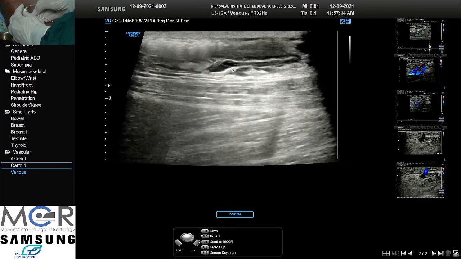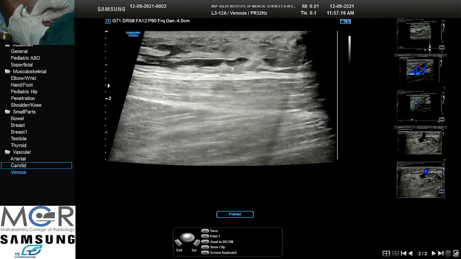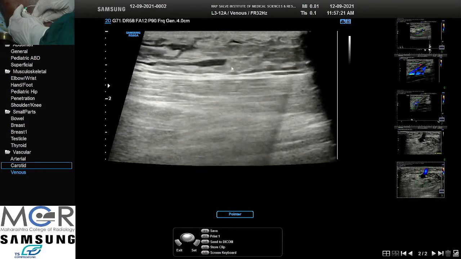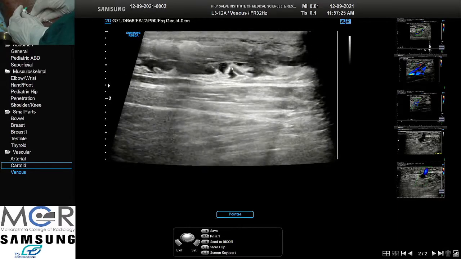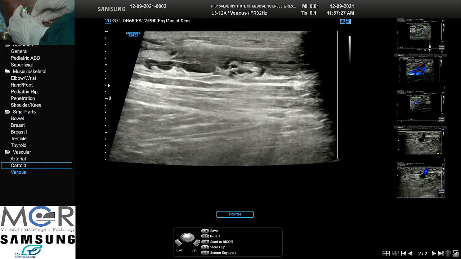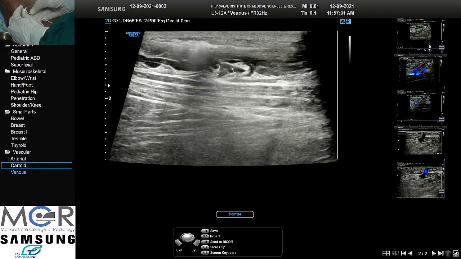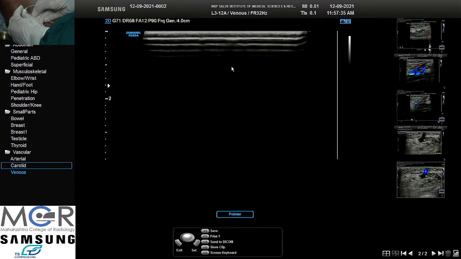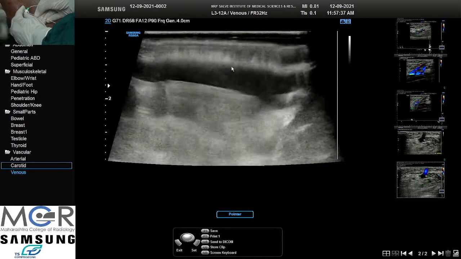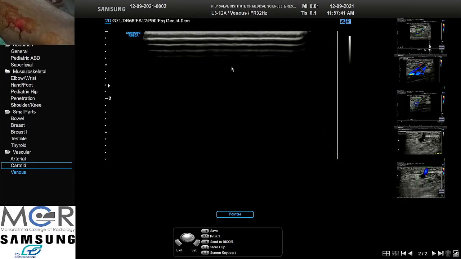After some time, a dark black line will come. That is the point where the fiber has reached up to the tip of the sheath. So we have to pull the sheath out, and we can pull the fiber individually after it. That light will also give an idea that it has come there. That light has come almost up to the adductor canal now. Just show the light, sir. Switch on that.